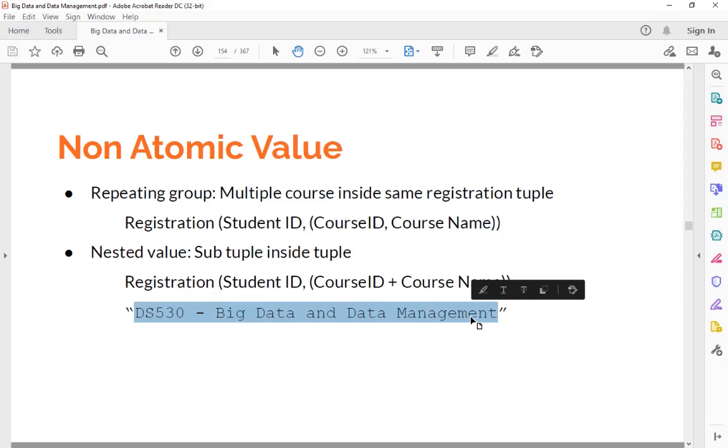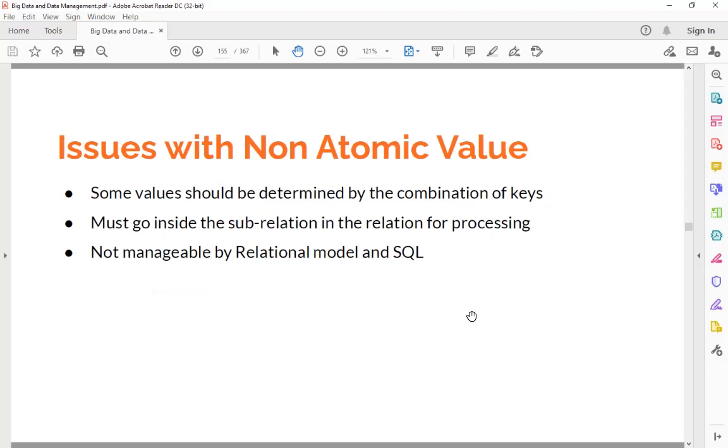You have to get the tuple in the original relation. Inside this tuple, you get the element. Then you have to break this element down, either by breaking that repeating group into different small elements, or by breaking up the element into smaller pieces. And sometimes you may even need to combine these two steps. So the problem is,